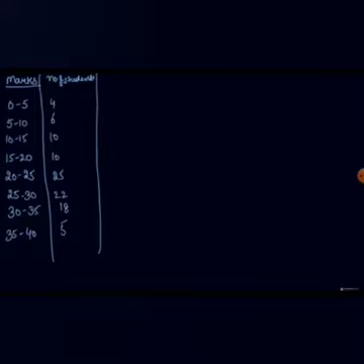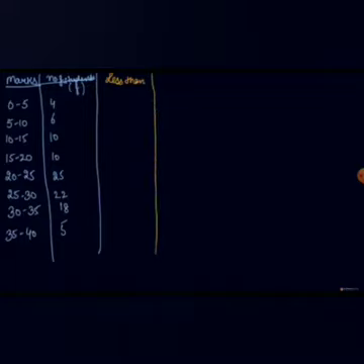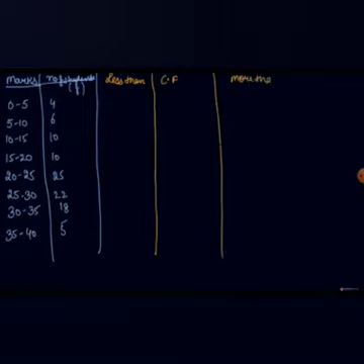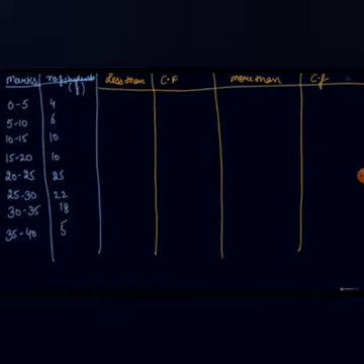So this is the question. We are given the marks and the number of students, so the number of students is the frequency. Now, number one, you have to make the two ogives, the less than and the more than ogive. First of all, you will convert this class into a less than class to make the less than ogive and find the less than cumulative frequency. Then we will convert it into the more than class and find the more than cumulative frequency, and then we will plot the cumulative frequencies on the graph to make the ogives.